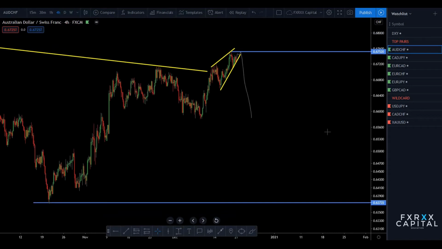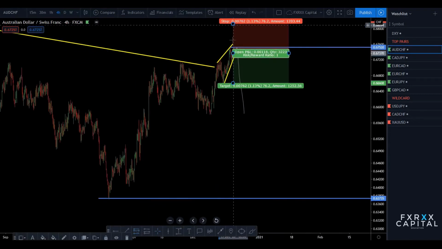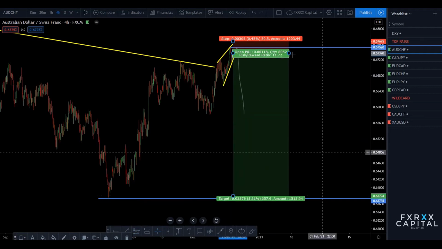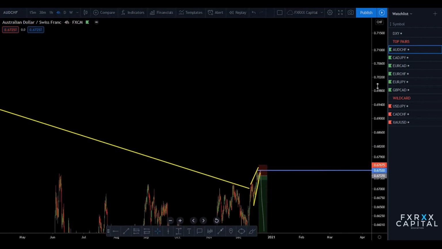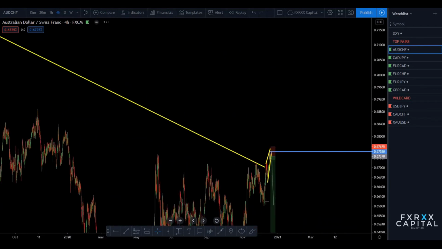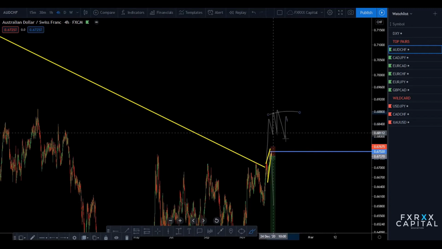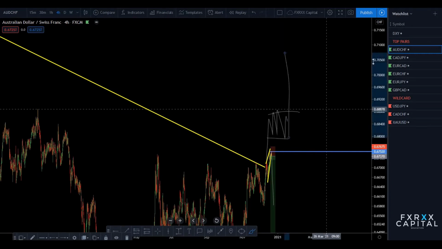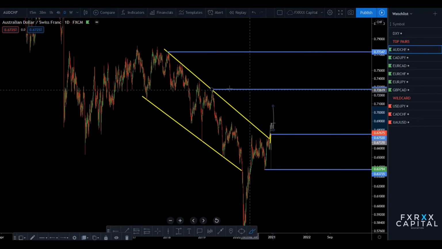So this will be the setup, and the minimum target will be this area. However, if price moves to the upside, I just wait for any flag, which is a bull flag, moving to the upside, and be ready to set a buy setup moving to the outside and targeting the 90% rules. First 90% rule, this is the second 90% rule. This is the minimum target that we put in our strategy.